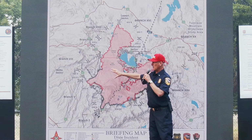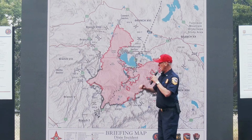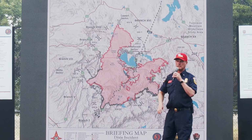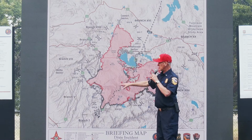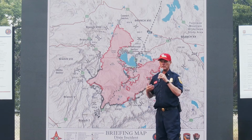We've taken the CAL FIRE side and broken it into three operational sectors. We have the Butte Sector, we have the Lassen Sector, and we have the Westwood Sector. Each one of those has a Deputy Operations Section Chief responsible for it, and underneath that there are branches, divisions, and groups, and that helps us with our command and control of the resources